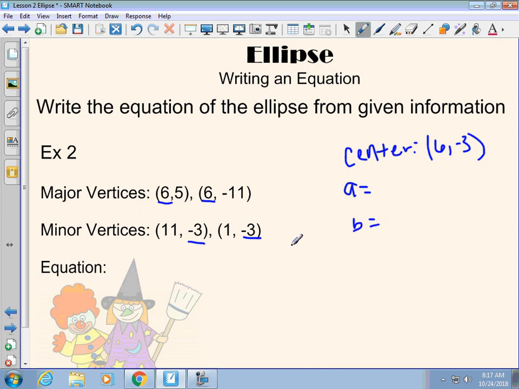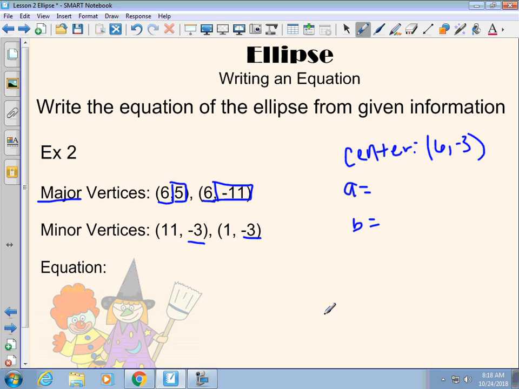Okay, so I get my A and my B values from what is changing. The major always gives you the A values. Remember that. The major is always the A. So now I'm going to look at the pieces that I have left. I have 5 and I have -11. So what is the distance between those points, right? So from 5 to -11, I have moved